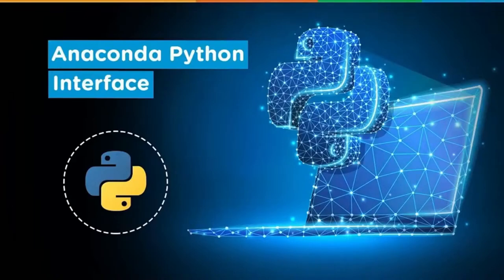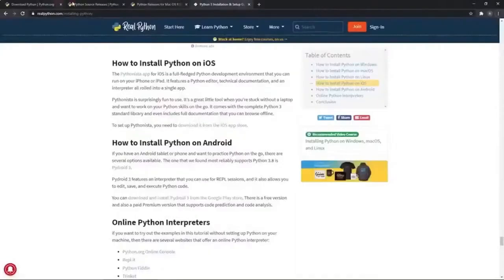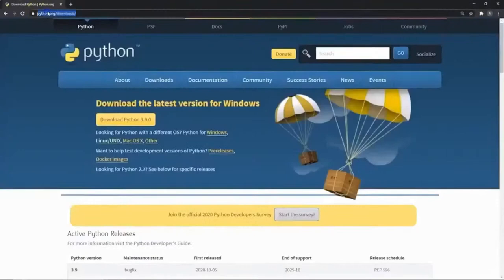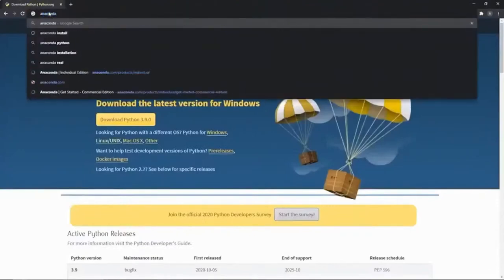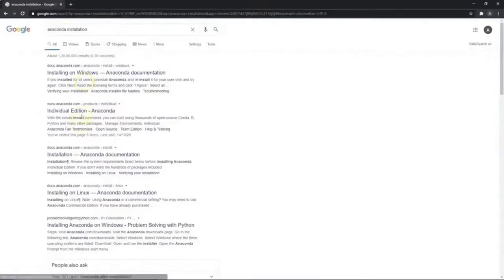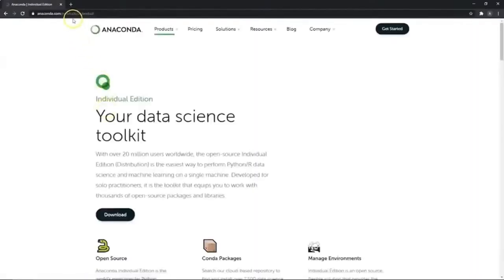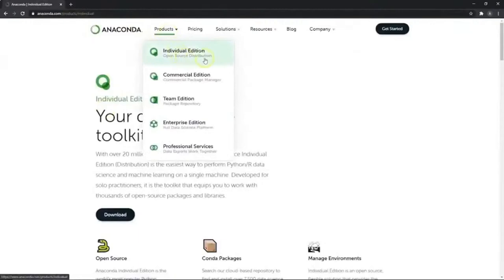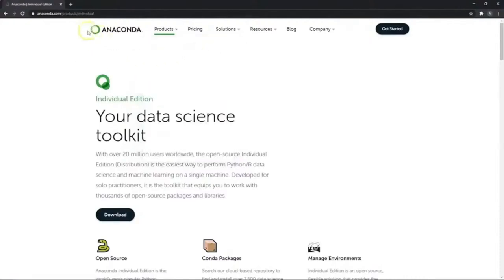So now I will show you how to install Anaconda on your system. It's actually as simple as downloading just this thing. If I do a quick Google search of Anaconda, the website that I'm looking for is anaconda.com, and I'm looking at products and at the individual edition. There are other editions as well, like commercial and team edition. These are usually for companies, or for more professional sorts of projects. Of course we are looking at the individual edition, and if you select this page, you would be taken to this particular web page where it'll ask you if you want to download.